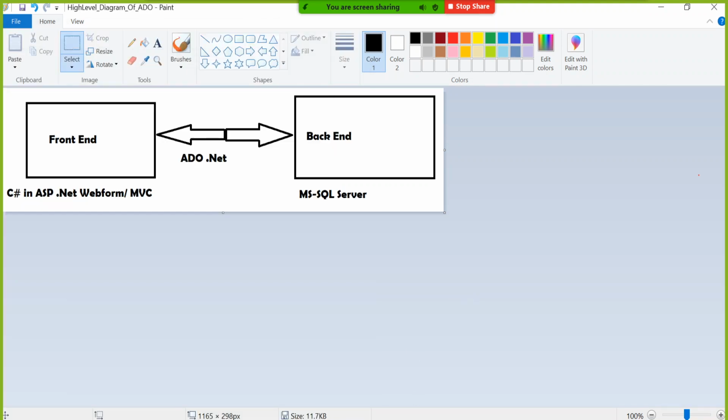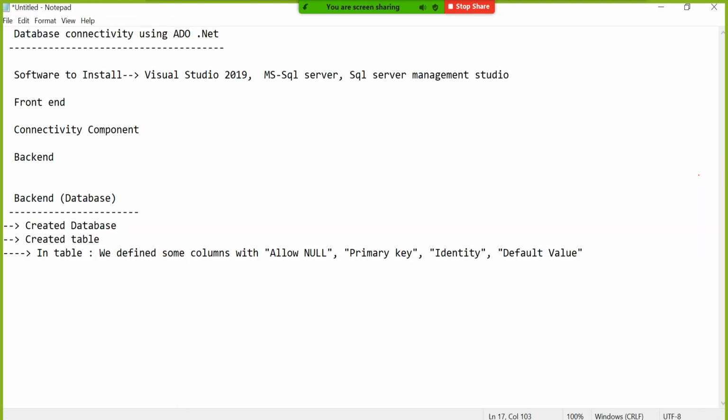Okay, let me tell you about the real-time environment. In our course, we have something called ASP.NET Web Form, and we have something called ASP.NET MVC. So first we'll try with web form.